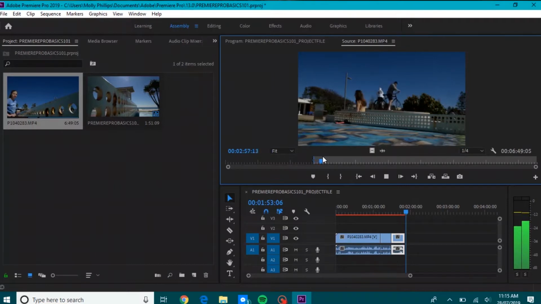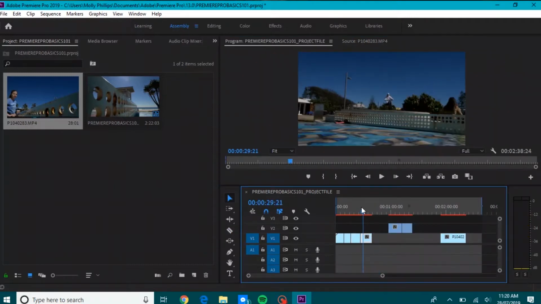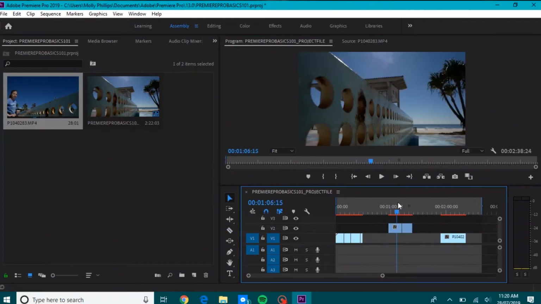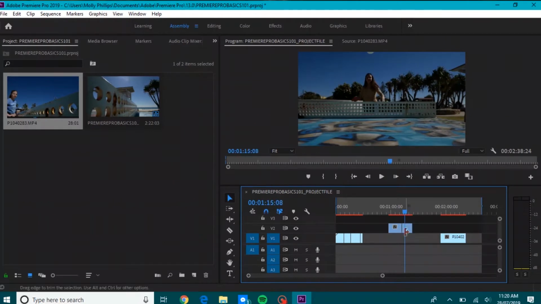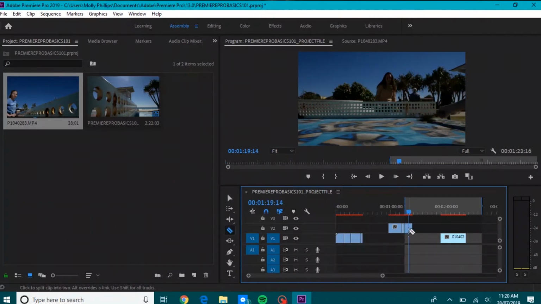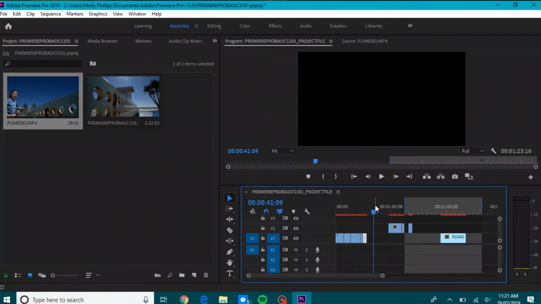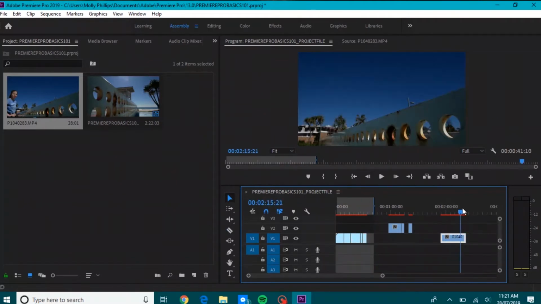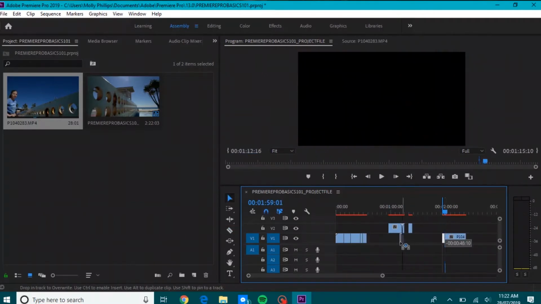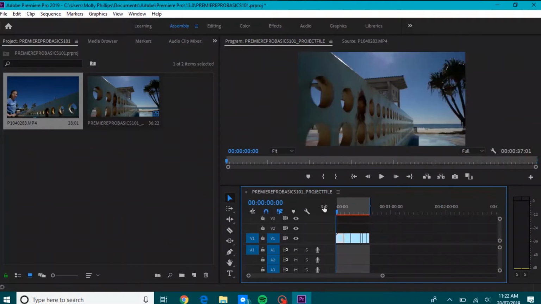After that, I did my title. It's pretty basic. So what you do is you go T, and it'll come up with a little text thing. Then you type in your text, and then you go over to graphics and adjust everything. And then once that's done,